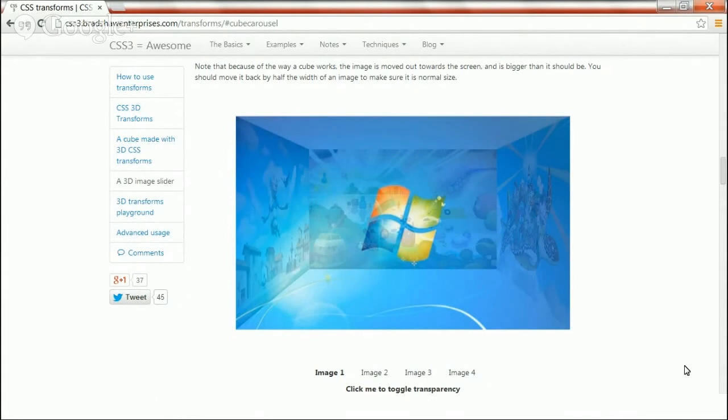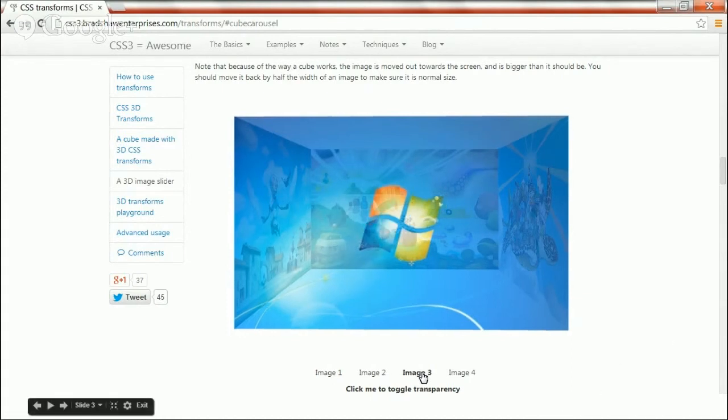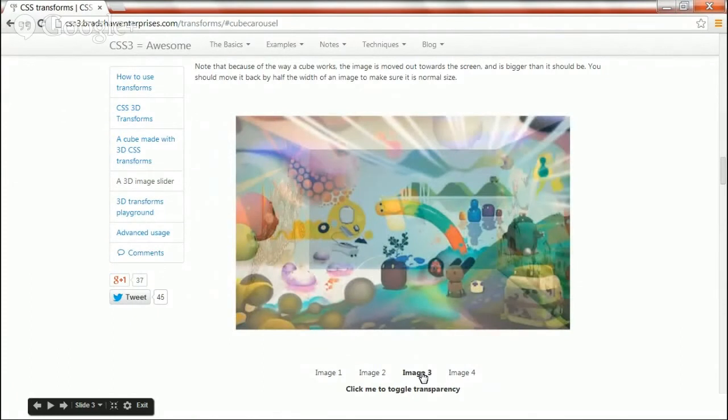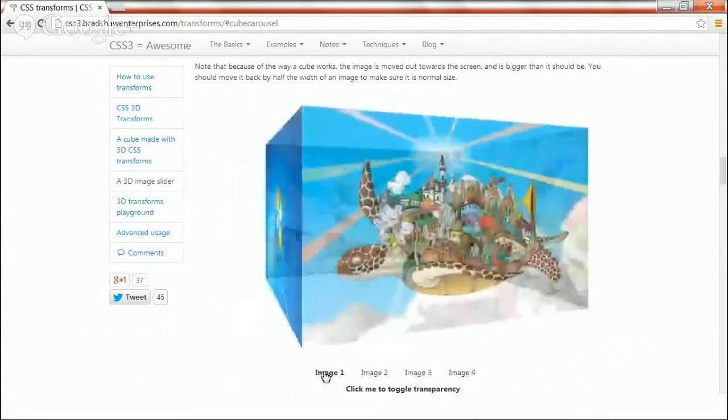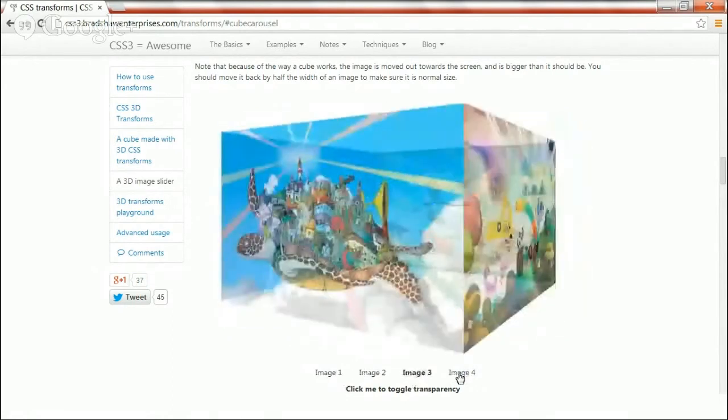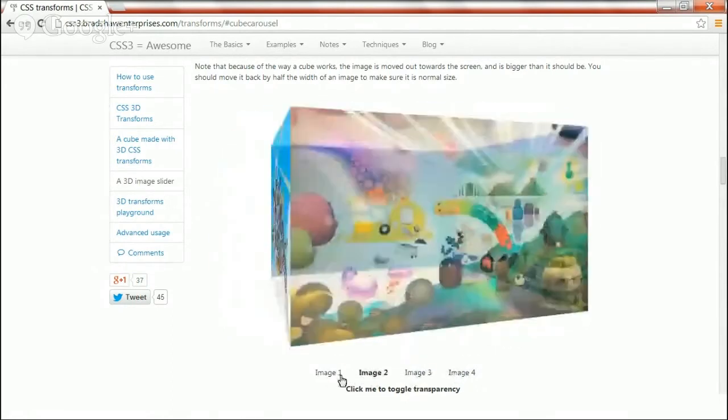That's because by clicking this, the backface visibility property has changed from hidden to visible. Now if you click on any other image like image 3, image 3 will appear on the screen to us. In this example, we have used the rotate transform 3D property also. That's why the rotate animation is taking place over here. So these are certain examples of 3D transform.